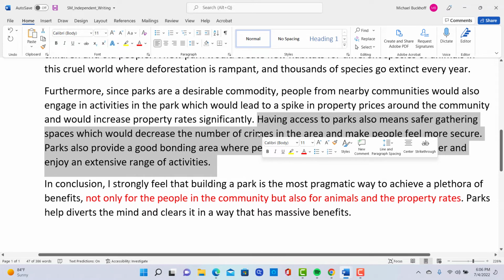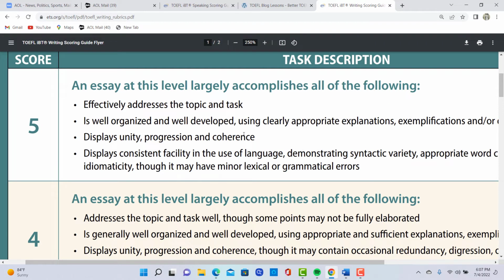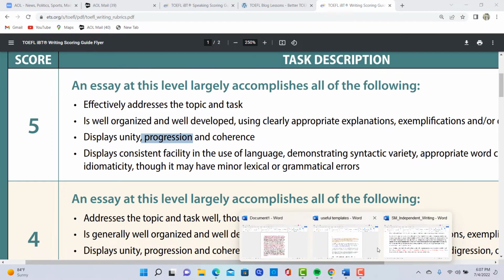You talked about the property and the increase of it, but let's keep in that area. Spend another 50 words showing maybe you have an example of someone in your neighborhood, or someone somewhere else, who has a home by a park, and show how that house has a high market value because it's close to the park. So that's what I mean by, if you go back to the TOEFL exam where it talks about progression of ideas, I think you could probably do a little bit better in that area.